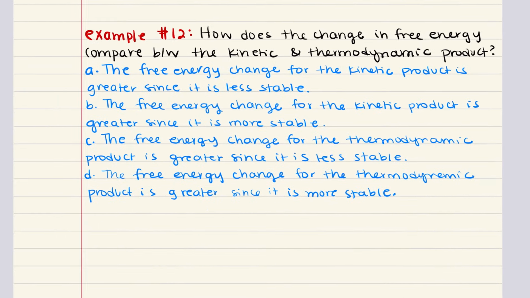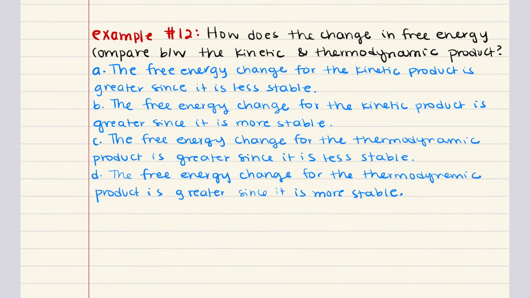Let's read 12. 12 says, how does the change in free energy compare between the kinetic and thermodynamic product? So as a reminder, the kinetic product is the product that forms the fastest. It typically has a lower activation energy, but may not be the most stable product. The thermodynamic product is the product that is the most stable. It typically has a higher activation energy and it forms more slowly, but it is more stable than the kinetic